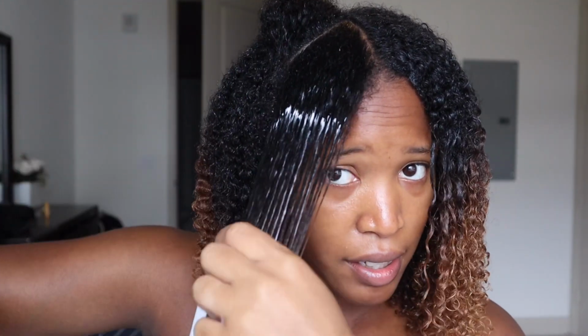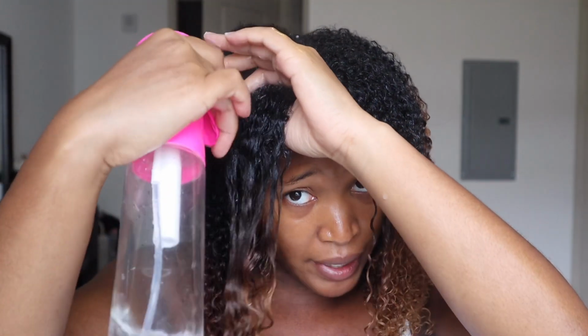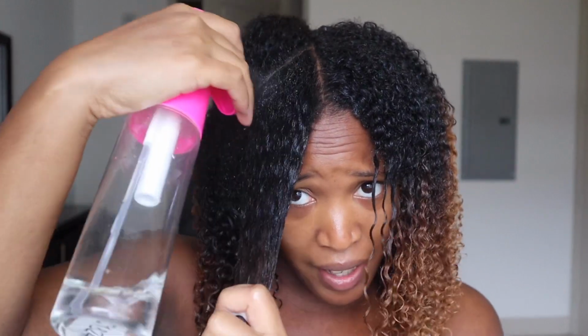Another one of my favorites from the line is Pillow Soft Curls. So Pillow Soft Curls and then this leave-in conditioner. And then I'm just going to take my dimming brush and go ahead and smooth it in with the brush. Alright. Then I'm going to take my spray bottle one more time, go over it again, especially at the roots, because the dimming brush for my hair, like if I just brush it down like that, my ends will be super defined and then this part will be puffy. So I just want to make sure that I go ahead and just re-moisturize that part, and then I'm just going to go ahead and shingle